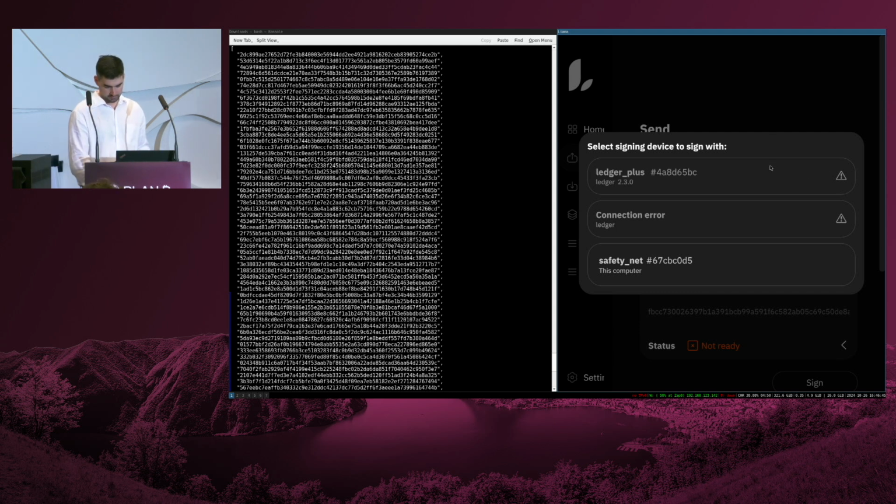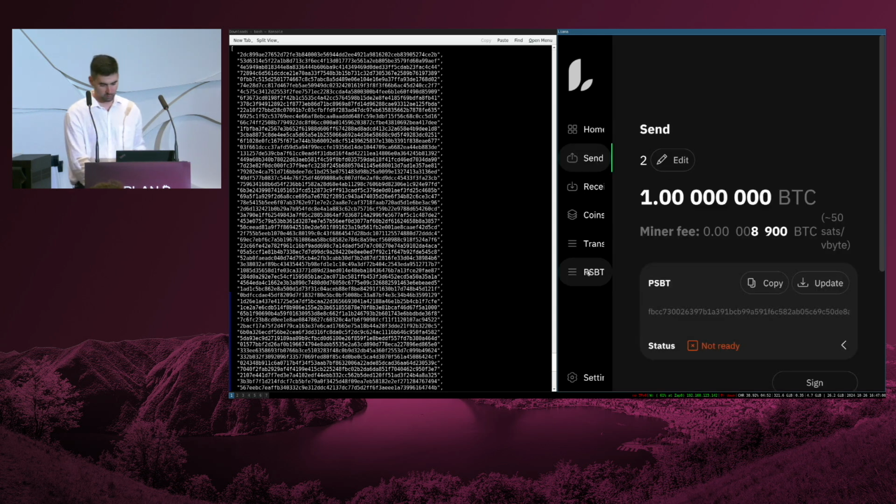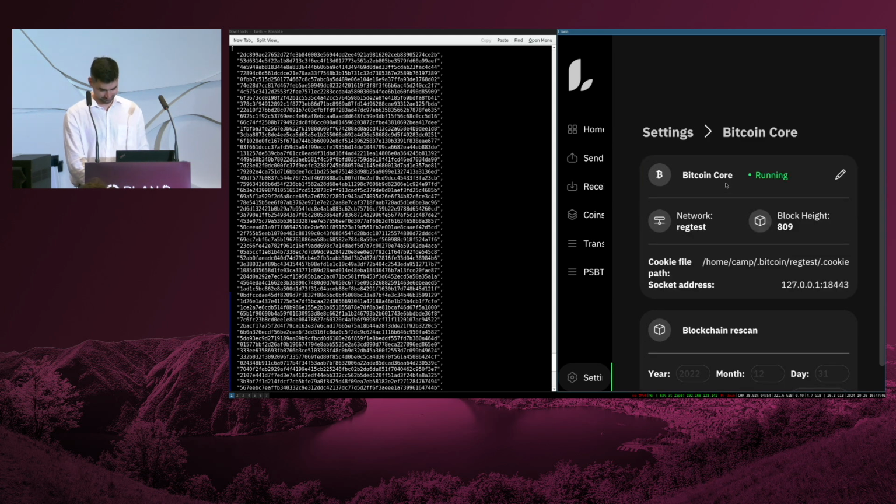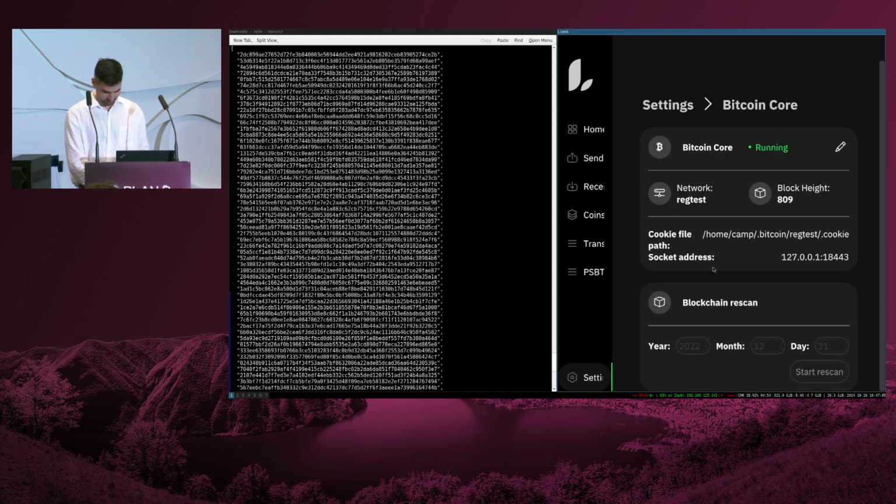Connection error. Oh, it detects. Okay. You only registered on the Flex. Ah, this is why. The screen was too small. So basically, he didn't register on both devices. He only did on the other one.